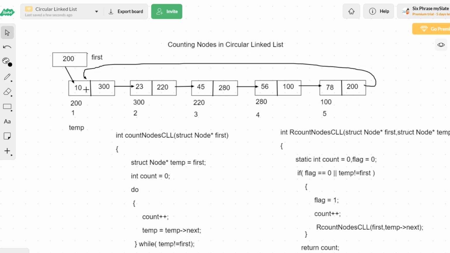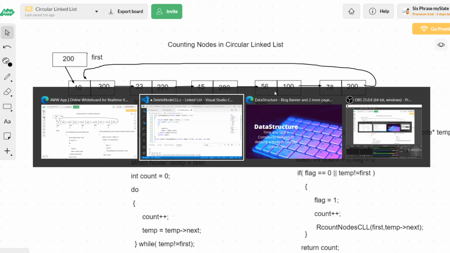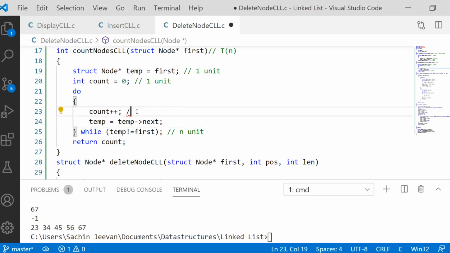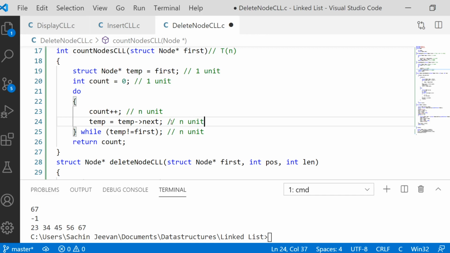The do block will be executed for the first node initially, then for the second node, third node, fourth node, up to the fifth node. So the condition is n times, and the body part is also n times. For checking this condition it will take n units, because the same line is checked n times. The body part is also executed n times, so n units for count plus plus, and n units for temp equal to temp of next.